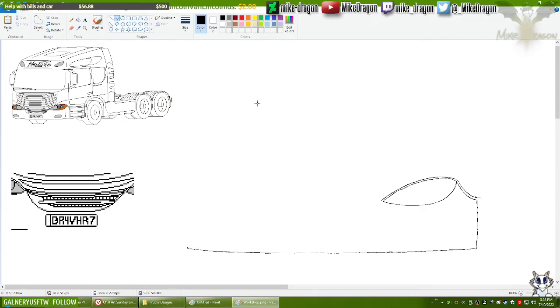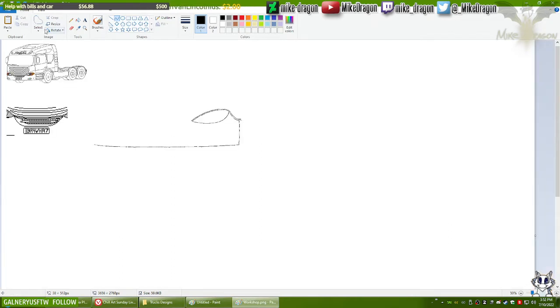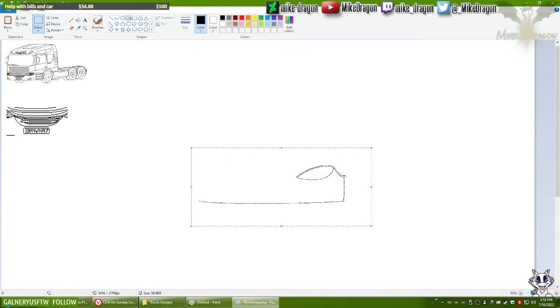You know what? There is a thing that I should have done, and it didn't occur to me before. Let me copy this. Actually, don't delete it. Instead, let's move it over here. I should have drawn a basic shape for proportions, and I didn't do that.